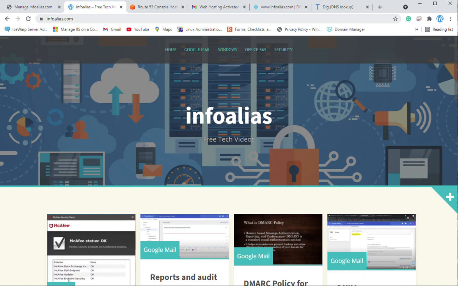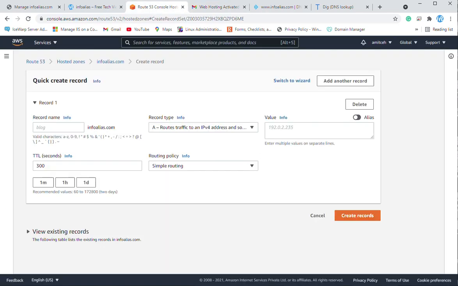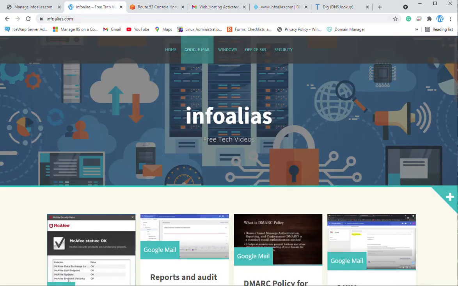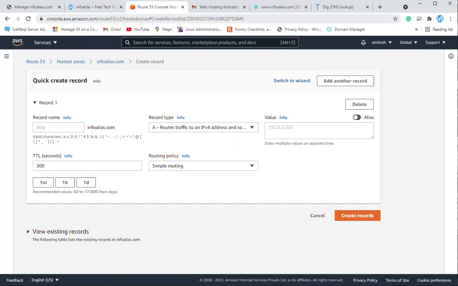Currently, because we have only moved website-related things, this is working perfectly. So this is the way you can follow to create a zone on Route 53, or move the DNS from an existing DNS service provider to Route 53.